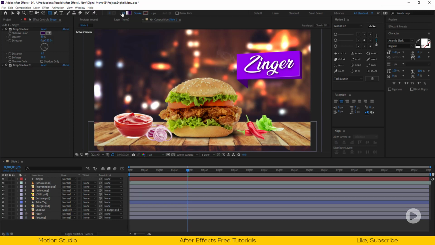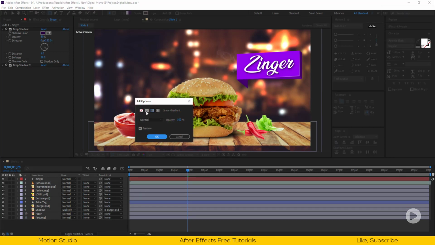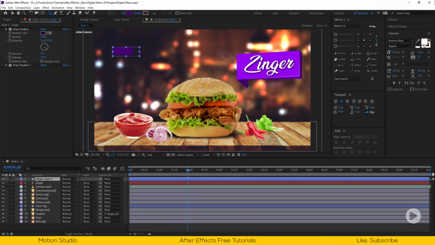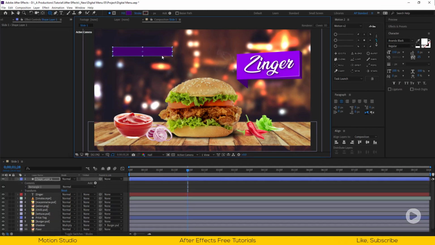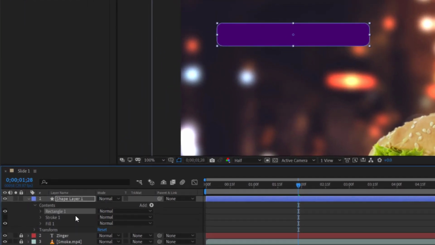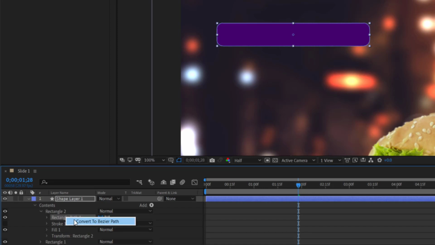Cool. Select the rounded rectangle tool, and draw a shape like this. Open the shape layer, and duplicate the rectangle one. Now convert the rectangle path to a Bezier path.